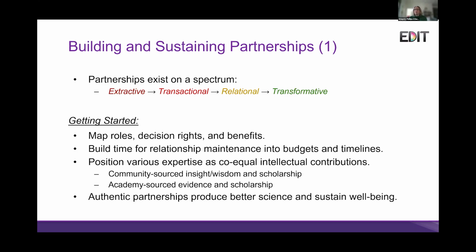Ways to get started: before you even write a grant proposal, I recommend you get to know a community partner and build a relationship. That's hard in most situations because a lot of times funding drives our partnering and our research. But the earlier you can get started building a relationship, the better. Once you do have a vision for what your proposal is or what your partnership should lead to, map roles, decision rights, and benefits early on. You don't want there to be any opaqueness. You don't want there to be any questions about who's in charge of what, who has access to what.